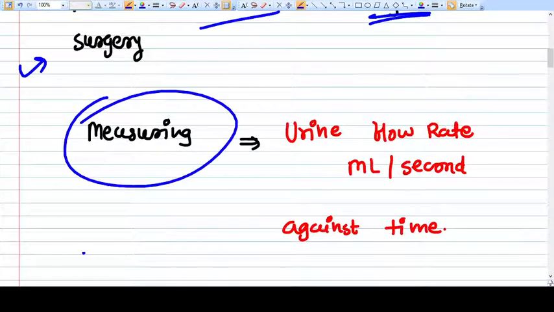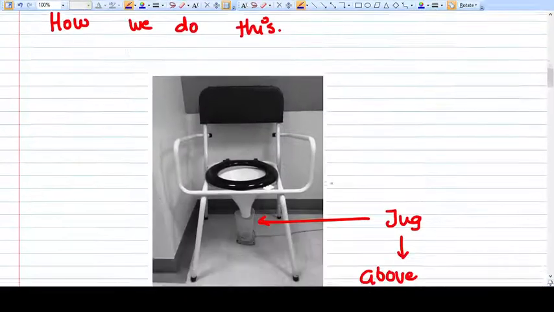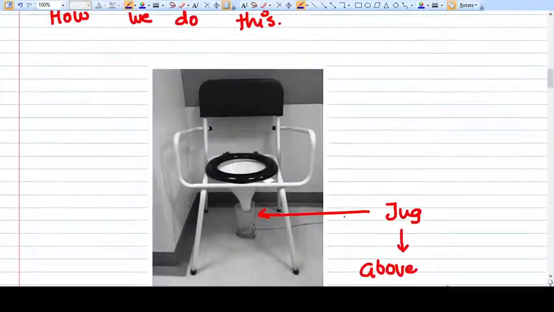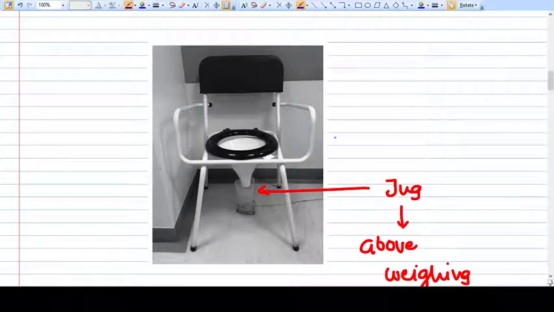What we are measuring here is the urine flow rate, in milliliters per second, against time. And when we do charting or graphing, the graph looks like this. How do we do it, what is the method? There are various methods. It is available in electrometry now, and various technical methods are available nowadays. But to understand the basic method, I am trying to make here a gravitary method.